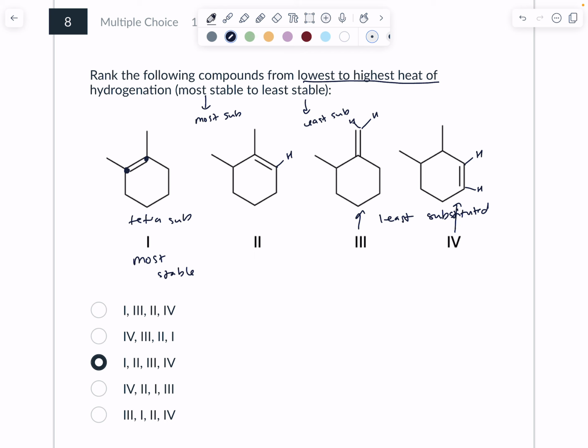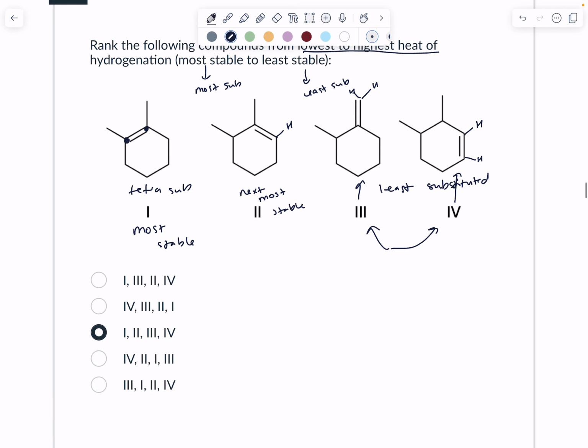Okay, I'm back. Usually, I'm thinking like, okay, this tetrasubstituted is the most stable. This is the next most stable. And I honestly can't remember off the top of my head, but I know these two, they're not equal, but they're close. So looking at this, I'm thinking, all right, well, first I'm just going to eliminate any that don't